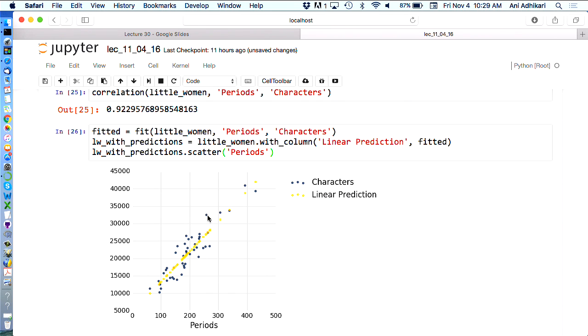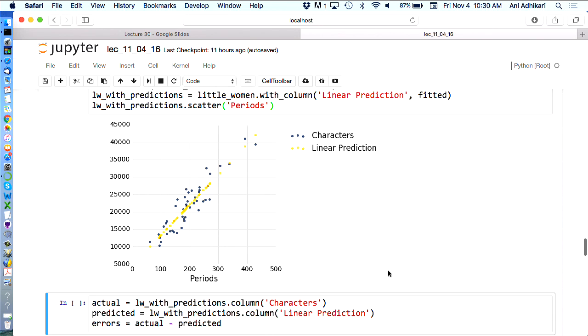So for this point, that point right there, how would I measure the error? The actual value is the height of the point, yes? Where's the estimate? It's the yellow dot vertically below it. And so the error is the vertical distance up and down. So from here to here is the error. For this point, the error is from here to here, so this error is negative. Okay.